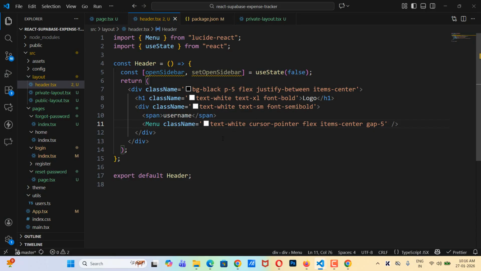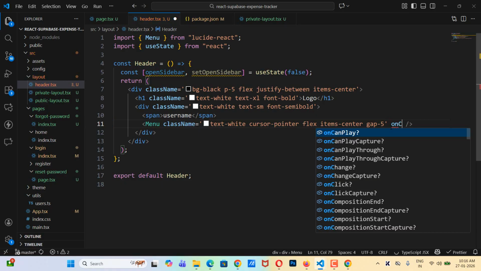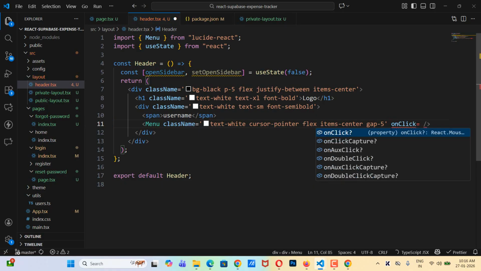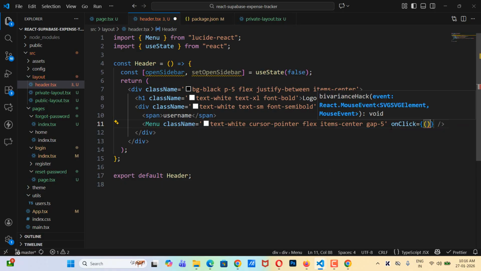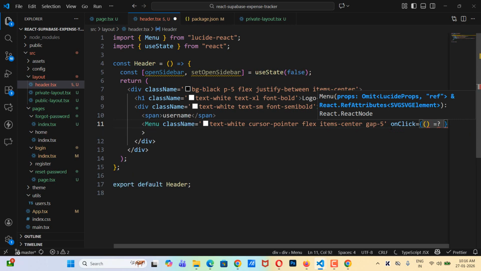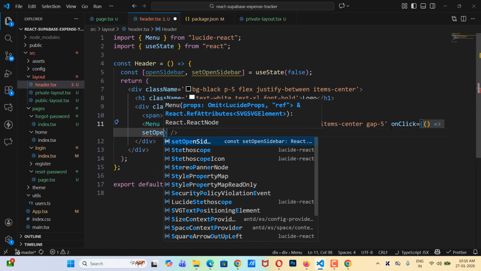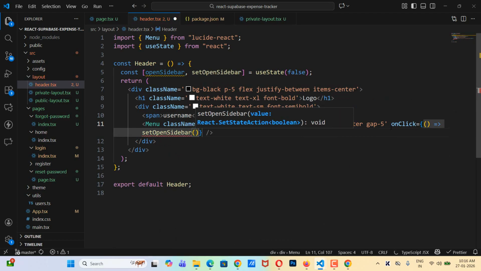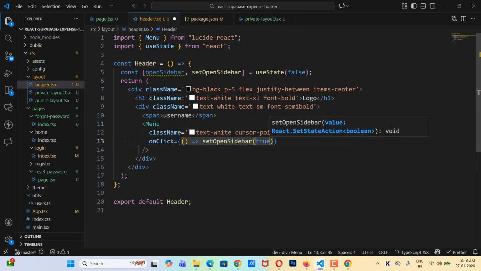Okay, there is no difference. Why is this so? Let's do one thing. We are going to fix it, but here I'm going to add an onClick. It is going to be an arrow function, and here I'm going to say setOpenSlider, and initially it will be true.